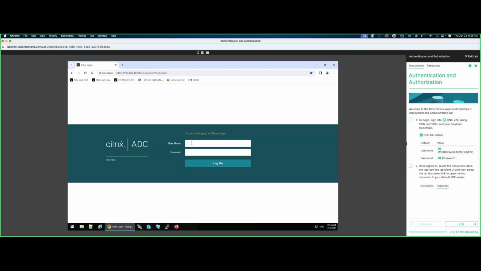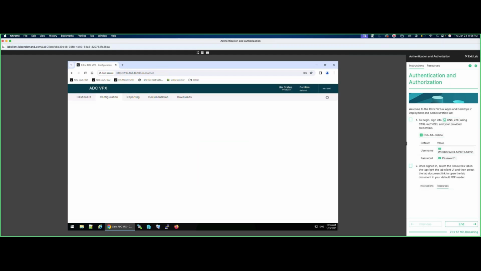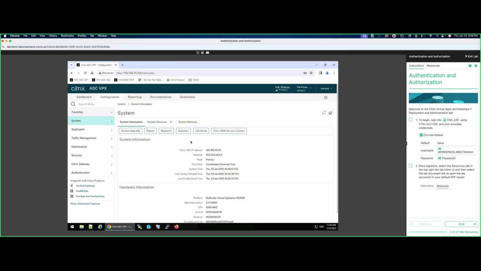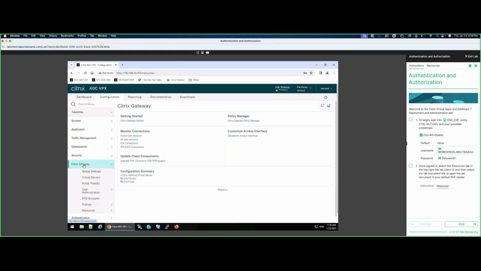Okay, and it's root. And I'm going to now create an authentication policy for the radius, right? Same way that you're going to do. I'm just going to go to the Citrix Gateway. Last time we created from the system. This time I'm going to create from the Citrix Gateway policies